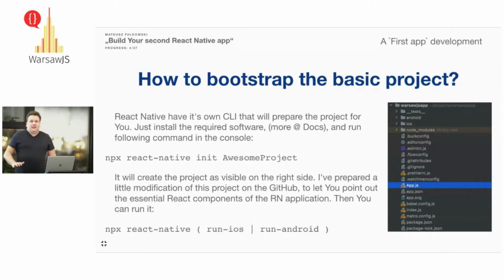I modified it a little bit because I wanted to point out what is the most important here. It's important to see that there is not just JavaScript code. There are also directories for Android and iOS that contain some native code.